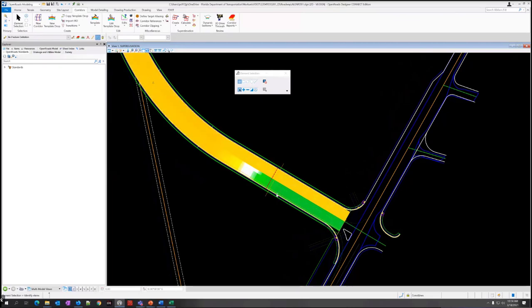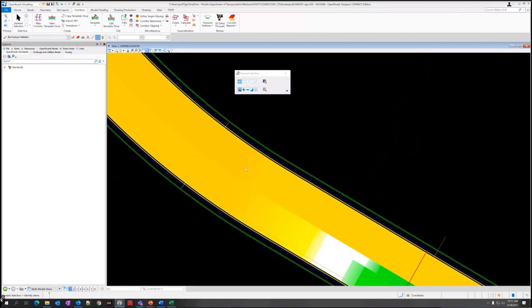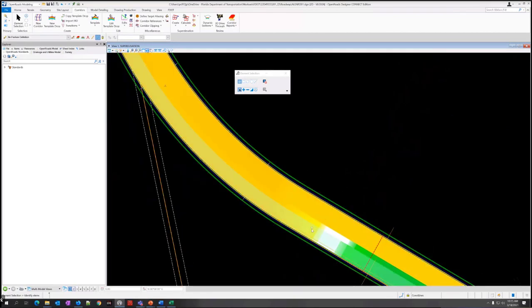It's normal crown, and this starts to transition first on the outside of the curve. And then we have white, which is basically near 0%. And then it starts to get a reverse crown in here. And then this starts to get a little bit darker. It's not a lot, but it's a little bit darker here. You may or may not be able to see that change.